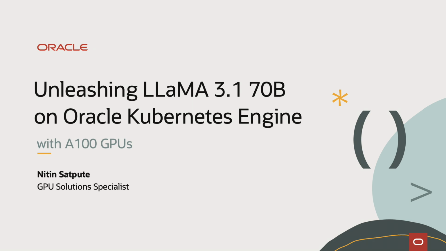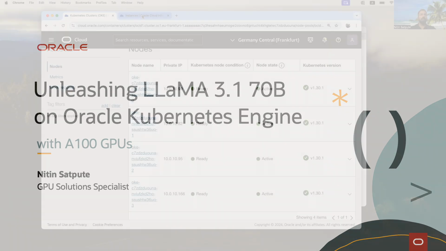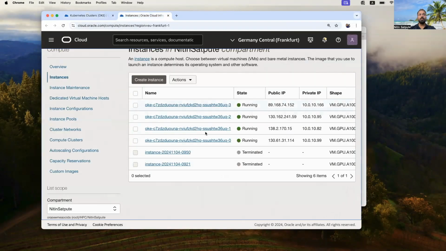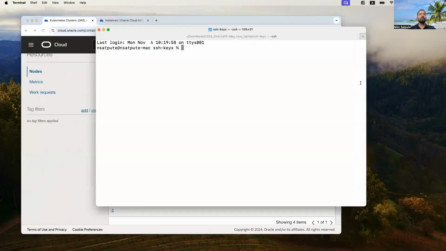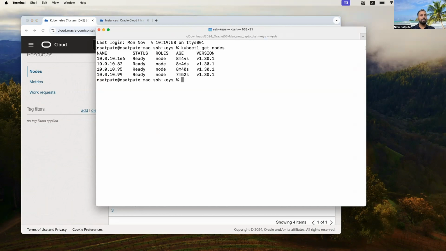Here there are 4 nodes, and they are assigned private IPs. The information about each and every node is provided here. Before accessing the nodes with public IPs, let's see whether we are able to access the nodes or not. As I mentioned, I already provided the Kubernetes support, so I'll simply check whether the nodes are being identified or not. You can see all the IPs and the nodes are being identified,